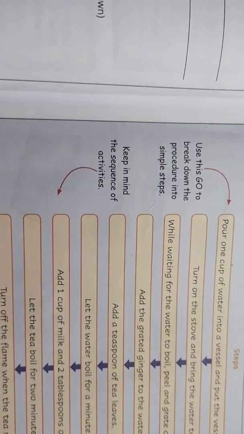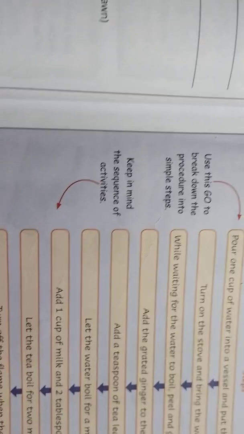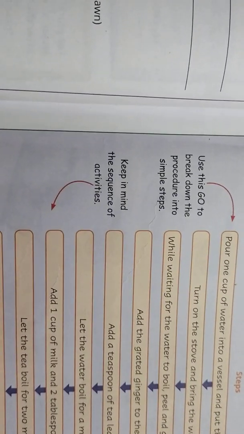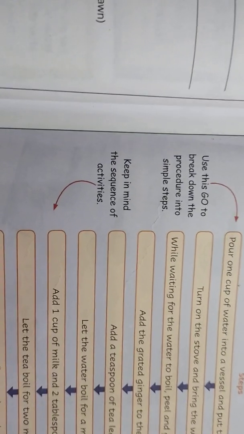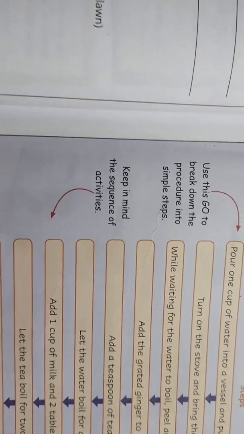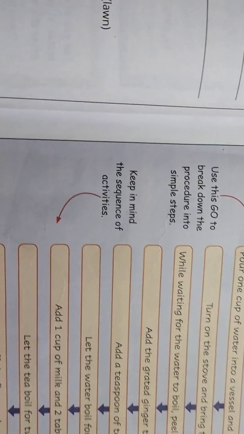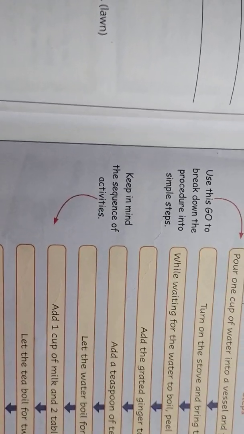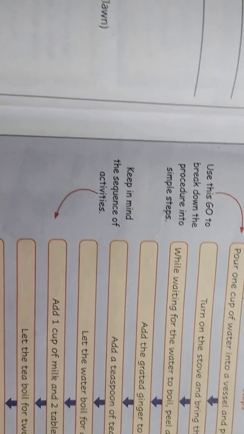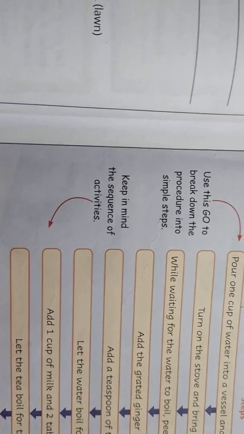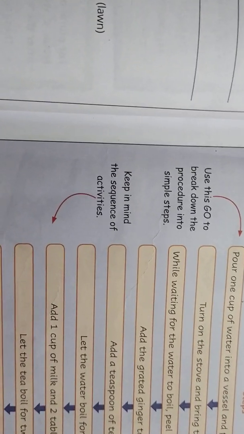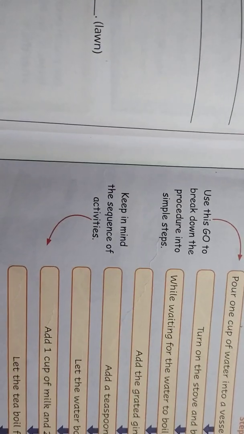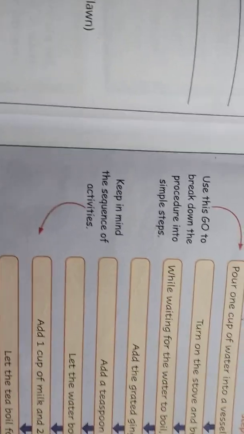I'm telling the example, it's not in the book. So for example, to prepare a coffee, you will take a vessel, you'll pour the milk inside, and you can pour a little amount of water to it and make it boil. And before making it boil, how will you do it? You need to switch on the stove, isn't it? Then you have to place the milk vessel on the stove, and you have to make it boil. So after boiling, what will happen? You have to take it from the stove, and then put some coffee powder and sugar to it, pour it into cups, and serve it. So this is the procedure to make the coffee, isn't it?